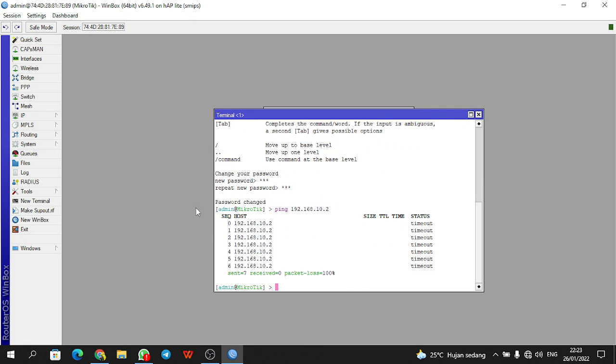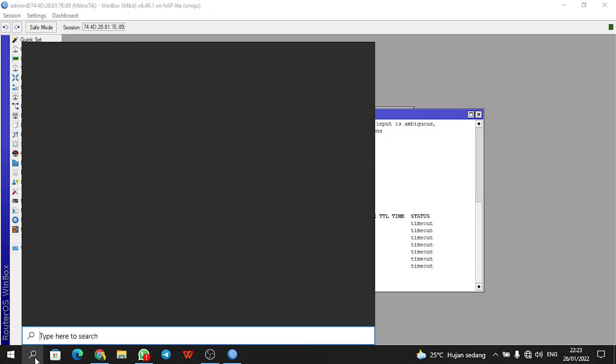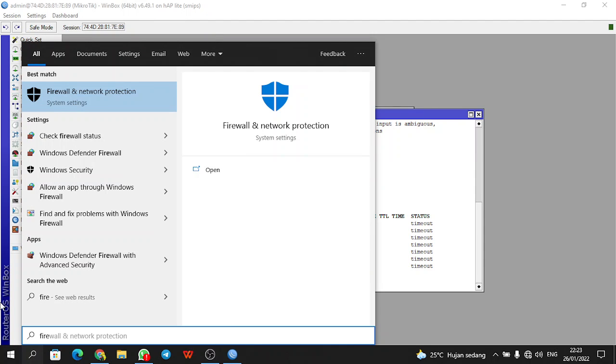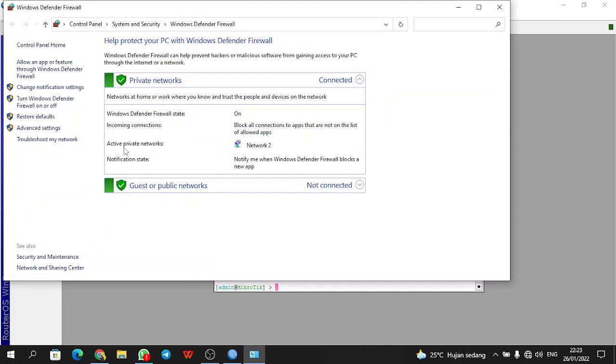Okay, we can search for the firewall. This is the Windows Defender firewall, and we turn off the Windows Defender firewall.